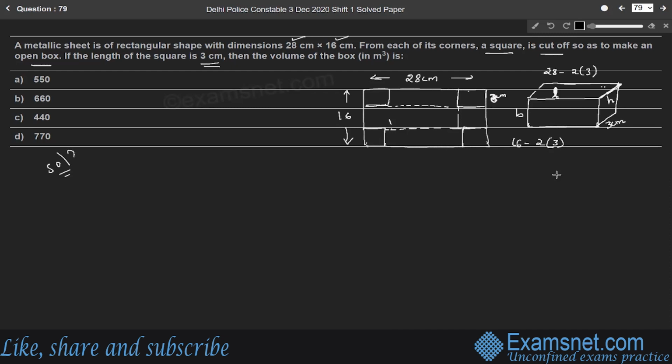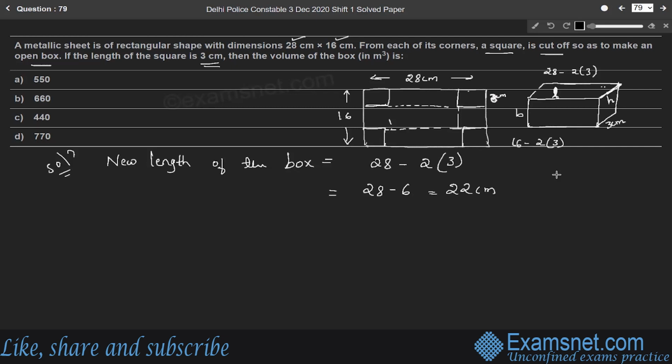So here new length of the box, or you can consider it as length of the box, right? Since the original length is for sheet of paper, right? New length becomes 28 minus 2 times cut portion, length of cut portion, which is 28 minus 6, which is